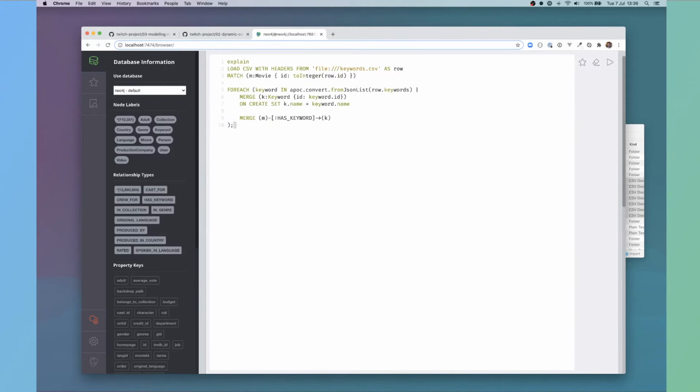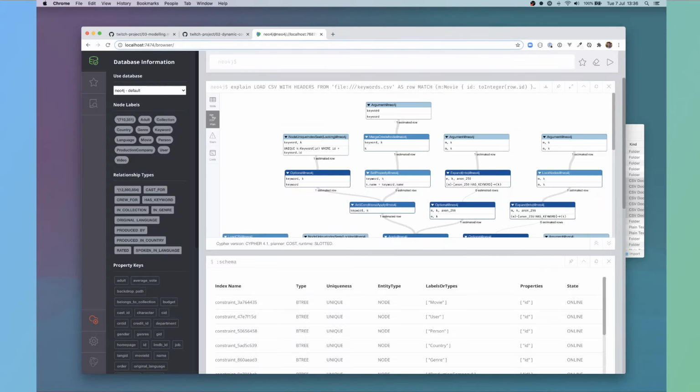Otherwise, we'd have to go through every single keyword in order to find the node that we're looking for. If we've only got a couple of hundred keywords, it's not going to be too much of a problem. But if you're inserting, for example, over 1 million users, which I think is what we have inside here, then it's going to slow down because every time you're searching for a node, you're adding another node to the list.